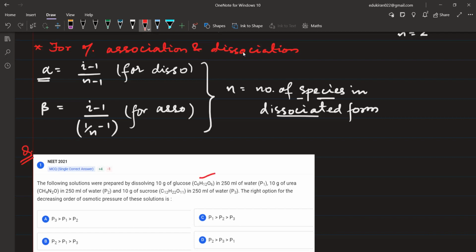देखिए, व्हाट इज द डिफरेंस? ग्लूकोज का मोलर मास अलग होगा, यूरिया का मोलर मास अलग होगा, सुक्रोज का मोलर मास अलग होगा। Now just look at the formula of glucose, sucrose and urea and tell me सबसे least molar mass किसका होगा? Which will have the least molar mass? Tell me guys, which will have the least molar mass? Glucose, urea and sucrose के molecular formula को देख के बताइए which will have the least molecular mass? इतना टाइम नहीं लगना चाहिए भाई।